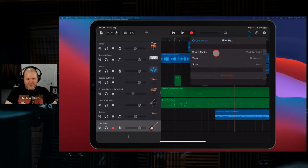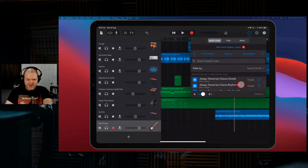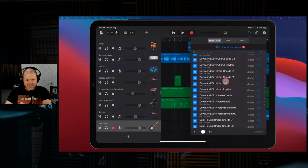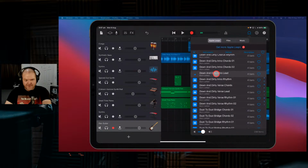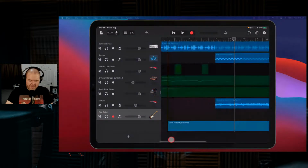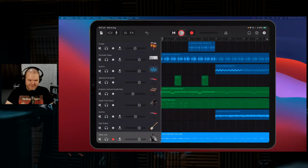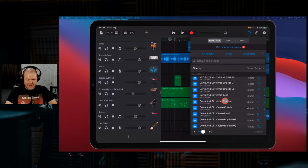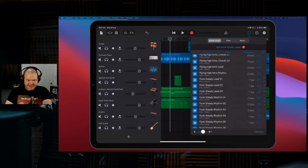So it's not the worst thing. We might just have to try and find something that's just playing a little bit that could be major or minor that's not necessarily that. So what about something like the... I don't think it's going to work. Let's just try and find out. Maybe not. So we may not be able to go quite with the funky guitar. We probably should have made it more in a major key, so we could have used these cool Mark Lettieri packs. But